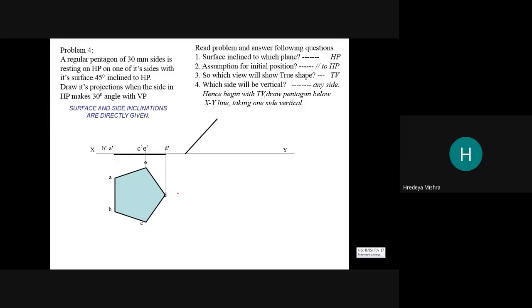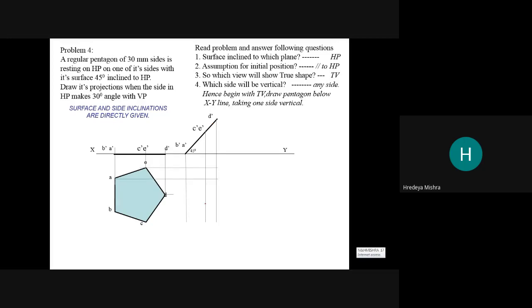Now the second plane is inclination from HP. So the inclination is shown in the plane as 45 degrees. This is the 45 degree. Now A, B, C, D and D, C, E and D. This is the position. Same points drawn at 45 degrees. Okay. This is A dash, B dash. This is C dash, E dash and this is D dash. The same length.